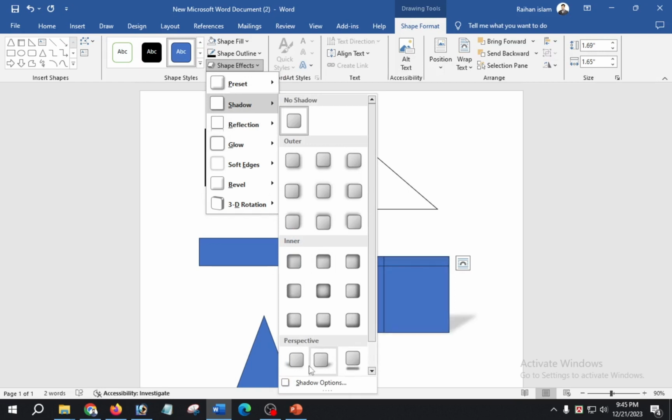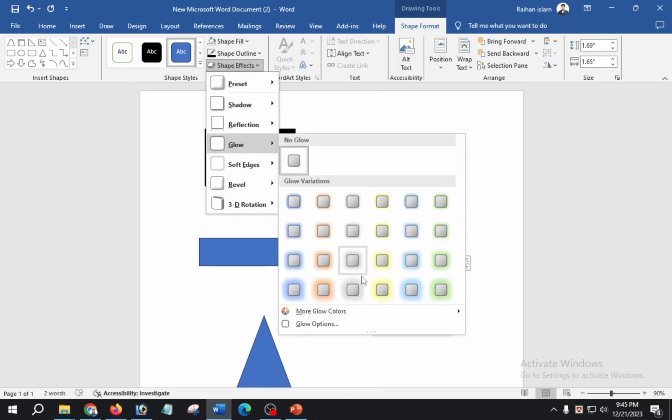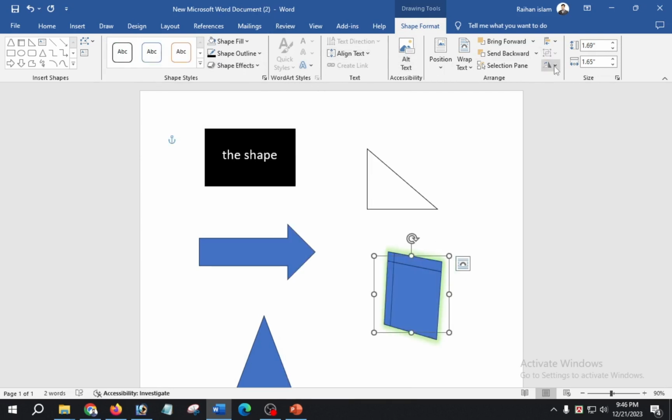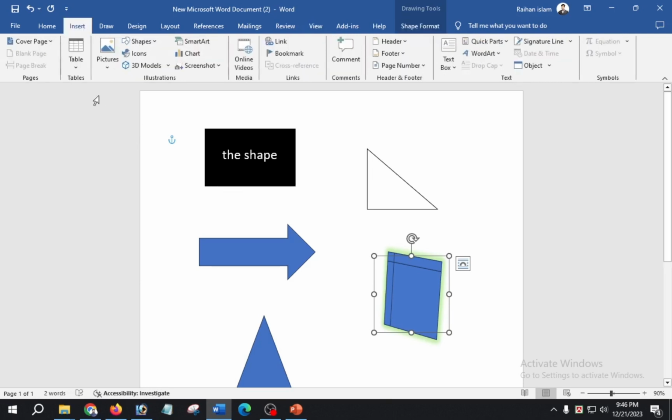You can take anything, and there is a 3D option here also. Okay, and these are old options I showed in a previous tutorial, so now I can't explain these options because time is short. And now I am going to the main option,